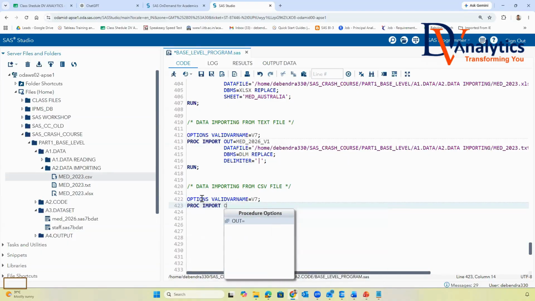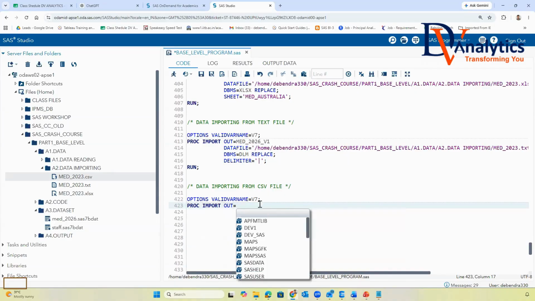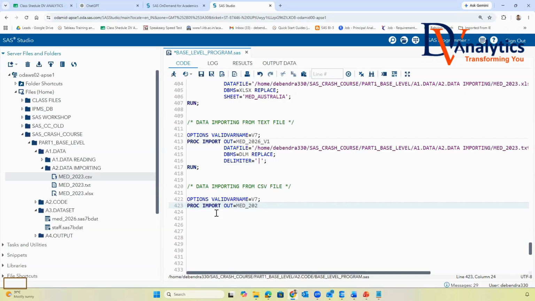Sir, I have one question, sir. Sorry to interrupt. Yes. Why are we using validvarname? What is the reason? Because let's say your data set has a column like "spent amount" with a space. SAS will not read this as "spent amount". SAS will automatically convert that to spent_amount. Are you getting it? Yes, sir. That is where we go for using validvarname. So SAS automatically takes care while importing this. Clear now? Yes, sir.